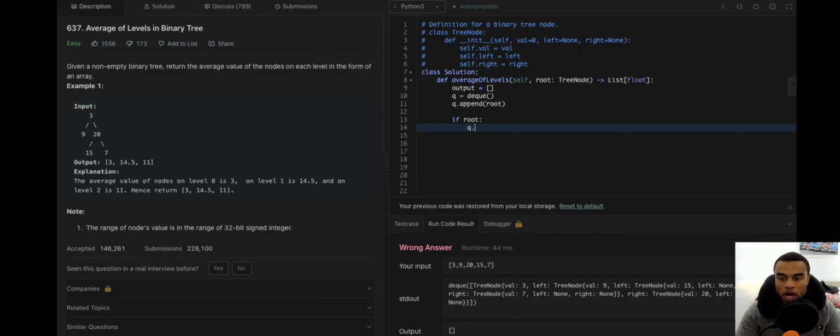So q dot append root dot left. No, root. Just root. Oh wait, I'm guessing we can do this recursively.